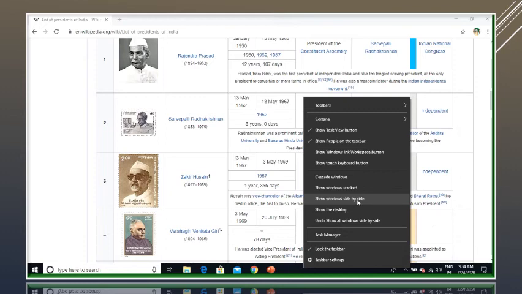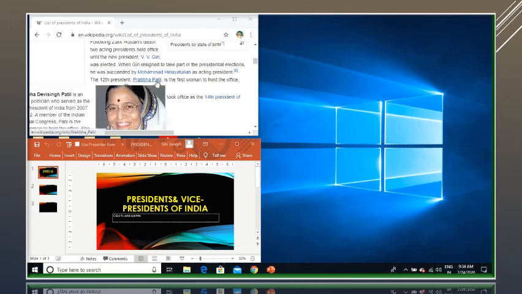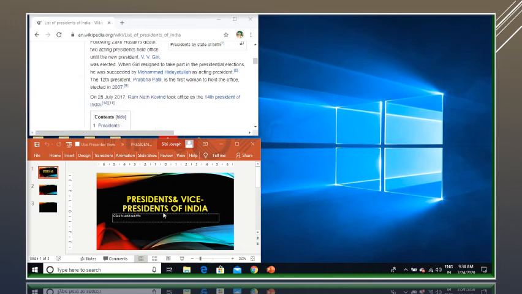So I am selecting the option Show Windows Side by Side. See, the two windows are displayed side by side so that we can work with both applications. I can collect information from the web browser, from the internet, and use that information to develop a presentation.